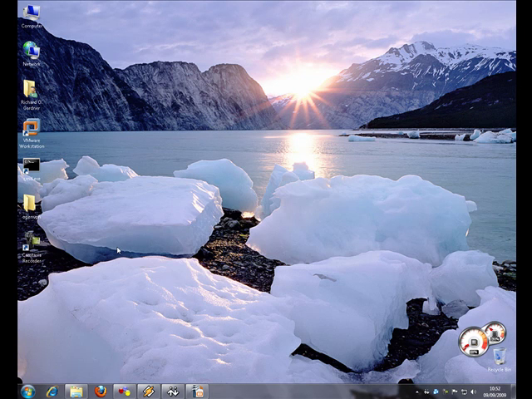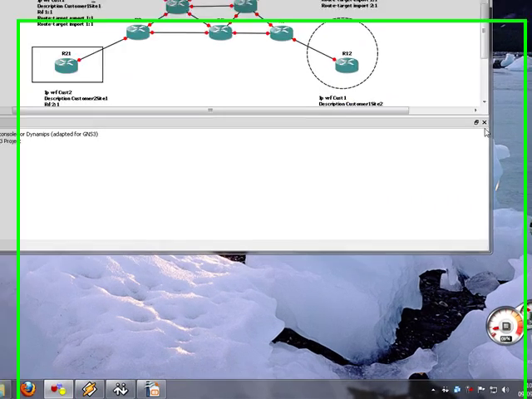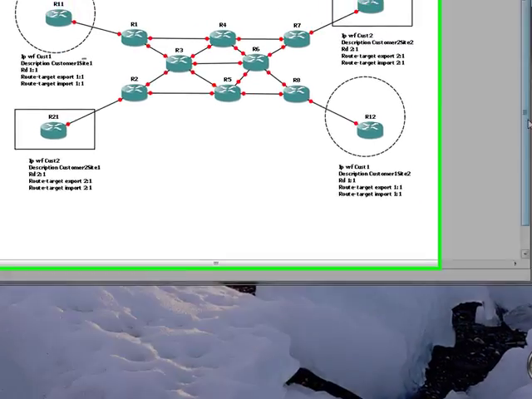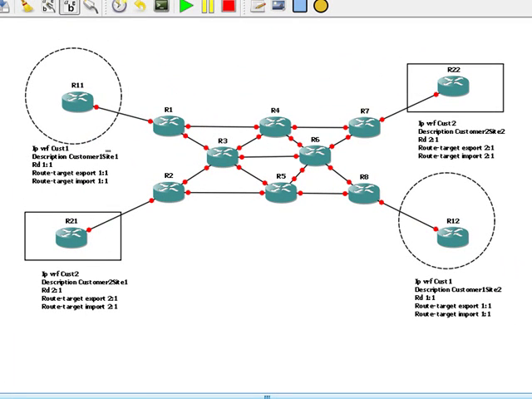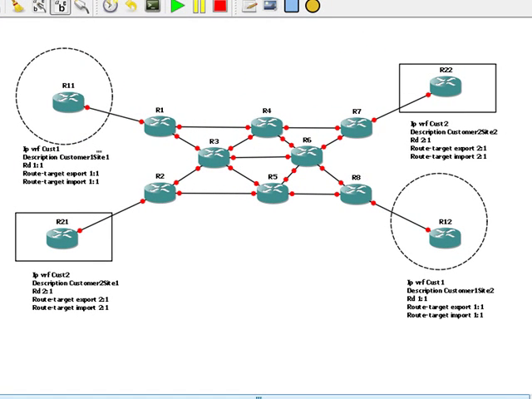Hello again. This is part 3 of my MPLS VPN with MP-BGP tutorial. So far we've set up a lab that looks like that. We've set up the basic connectivity, we set up MPLS, and we set up the core provider routers with MP-BGP. We're now going to be going through to the provider edge routers, so that's router 1, router 2, router 7 and router 8, setting those up with VRF instances, and then setting up the BGP, the MP-BGP configuration, and